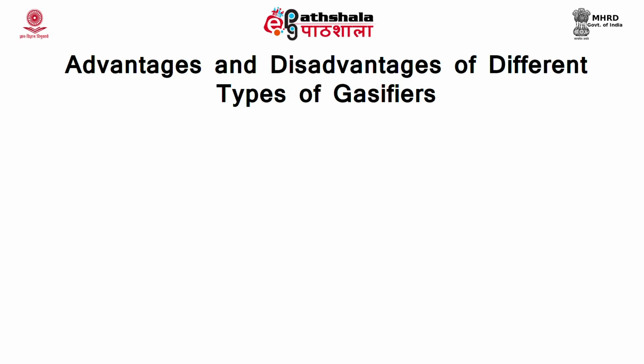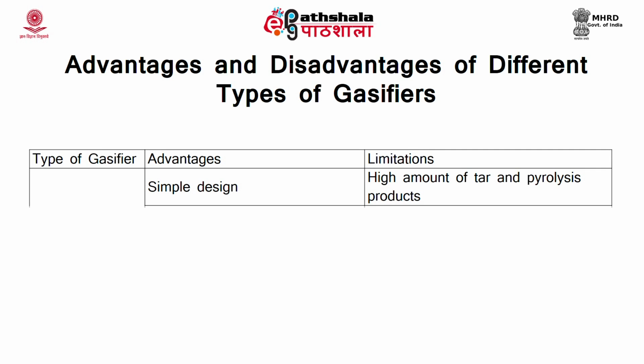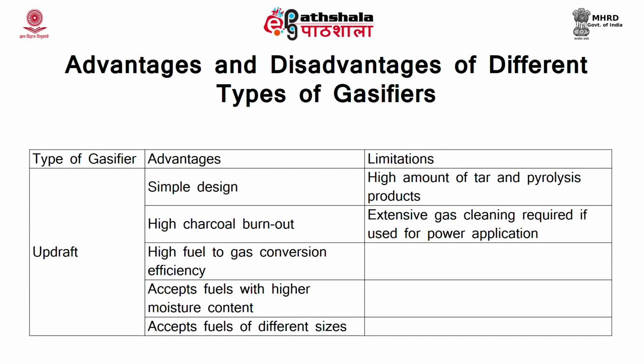What are the four gasifiers? Updraft, downdraft, cross-draft, fluidized bed and also the entrained flow. In updraft, the advantages are it has a simple design, high charcoal burn out, high fuel to gas conversion efficiency, it accepts fuel with high moisture content, it accepts fuel of different size, but it has high amount of tar and pyrolysis products,